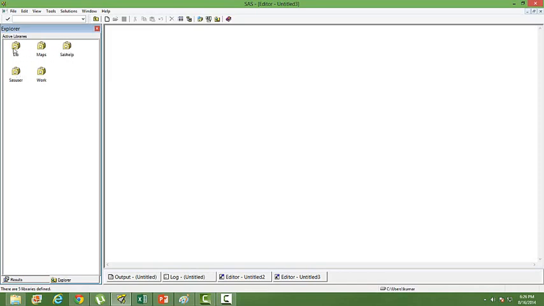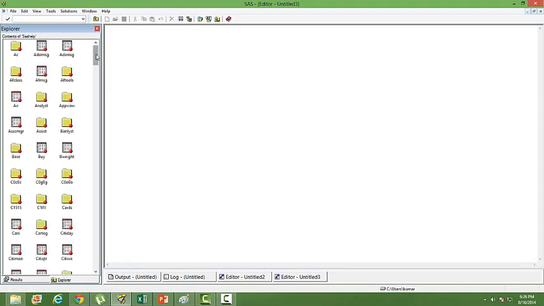And there are a couple of inbuilt libraries. LIB is the library I have created. I'll of course talk about how to create a library in SAS. SASUSER, MAPS, and SASHELP are three libraries already there in the SAS software. SASHELP is actually very useful. You have a lot of data sets, so if you want to use a data set for your study or practice, you can use it from SASHELP.